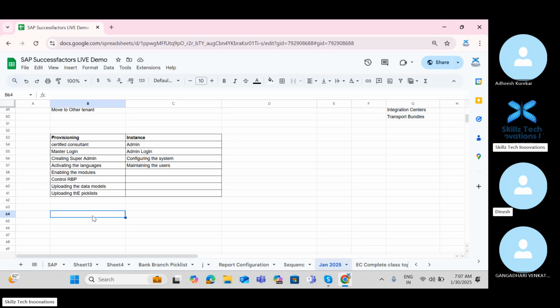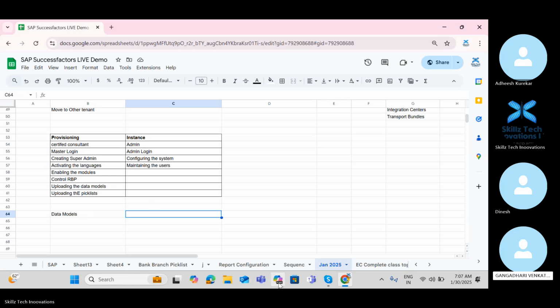Yes, sir. Let us understand about the data models. So what do you mean by data model? Any idea? Data model is nothing but a collection of data. So in SuccessFactors we have four data models. Okay, so first is